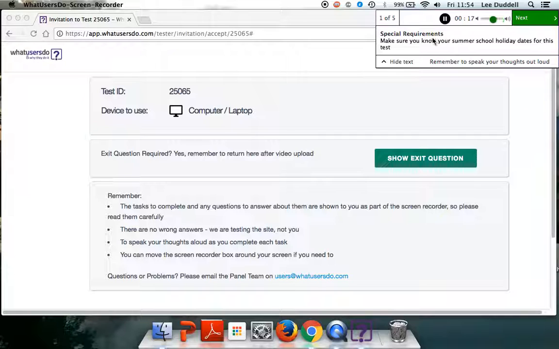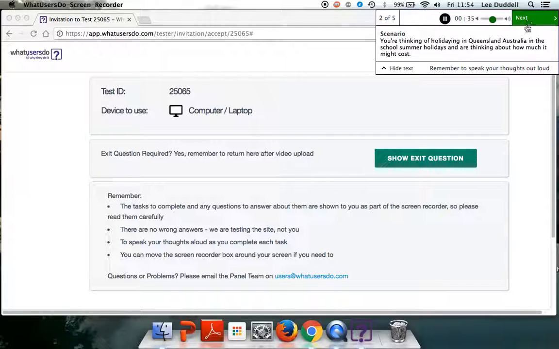So this first type of instruction is a special requirement. It says make sure you know your summer school holiday dates for this test. Sometimes a special requirement will require you to switch browser or perhaps get some other information ready for the test. So I do know the school summer holiday dates, so let's go ahead and move to the next instruction, which